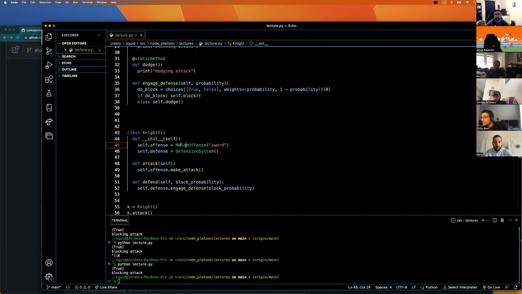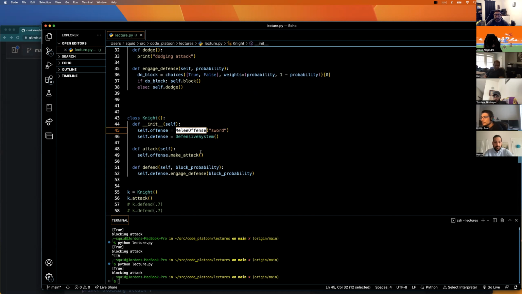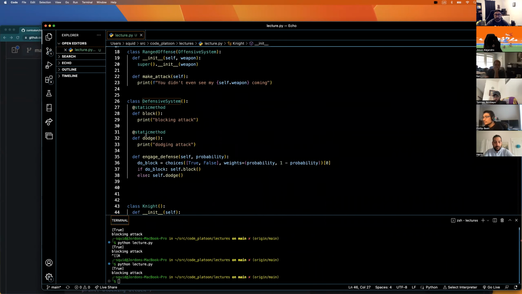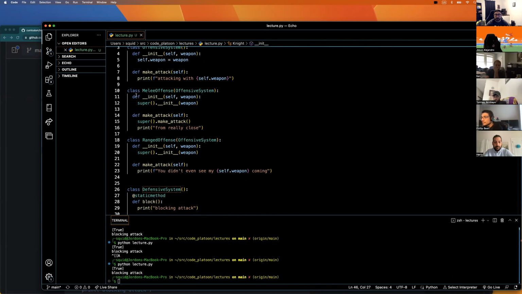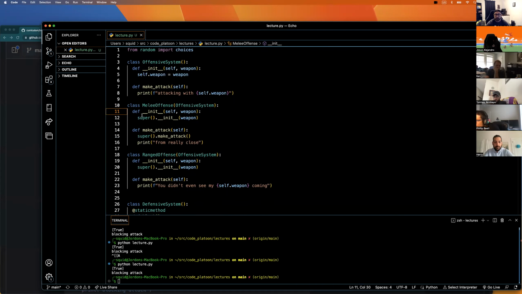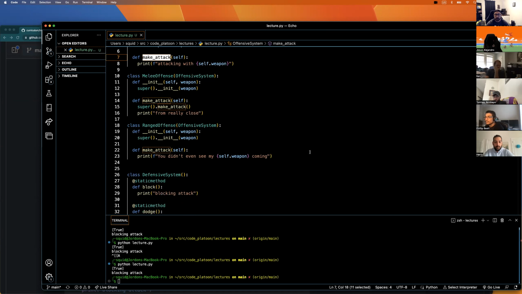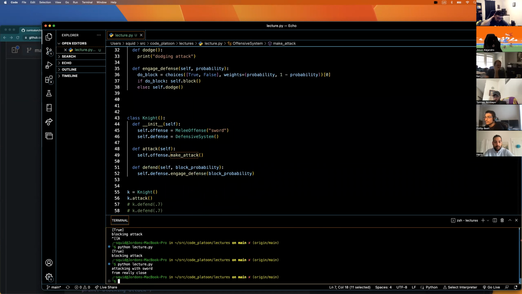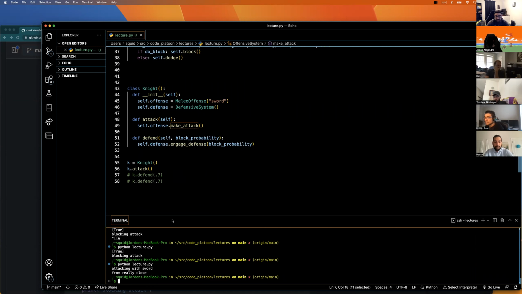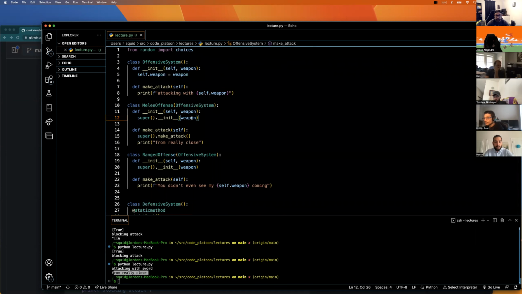Still going to instantiate it as we always have, but we do need to reference the class that we actually want. This is a knight. Evidently, knights use melee. Go up to the melee defense. Sorry, melee offense. We are taking our parent class offensive system, and all we're doing is rewriting make attack to reference offensive system's make attack, and then print our own. What this is going to end up doing is printing two statements, as I have said, attacking with sword from really close, because